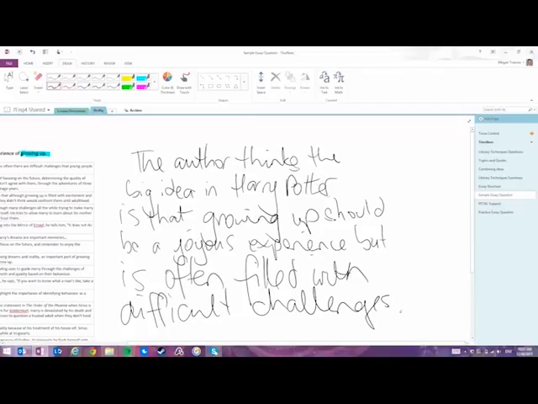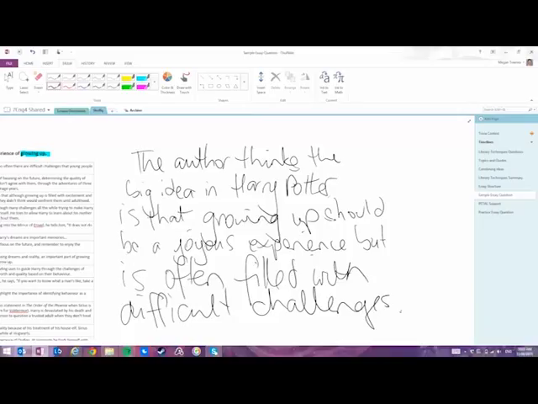So this is the big idea that I think J.K. Rowling had when she was writing Harry Potter. The story is about a teenage boy over 7 years, and it looks at his story of growing up, right? And it should essentially be a joyous experience, but the reality is that it's often filled with difficult challenges. So by thinking about what the author thinks about their story and the big idea, you're able to construct